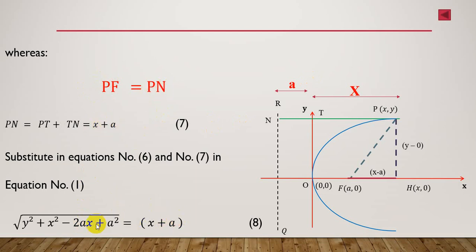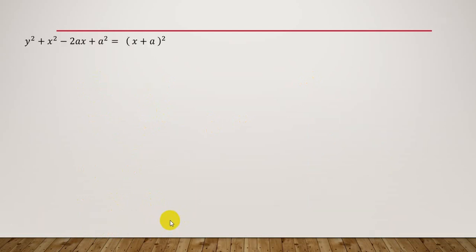So if we square both ends and rearrange them, we'll find this plus a square and this plus a square, and the two are on different sides,